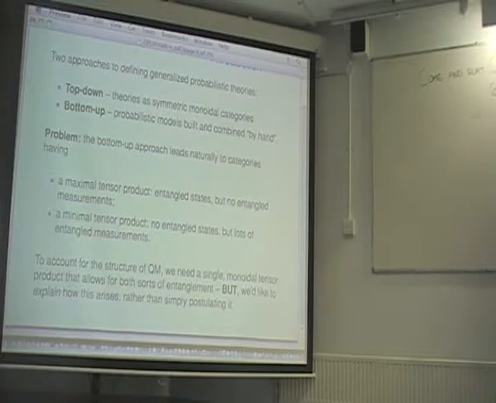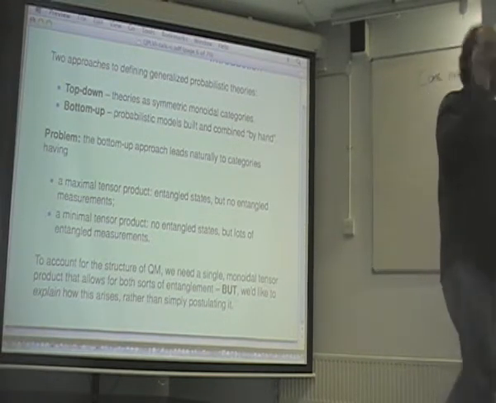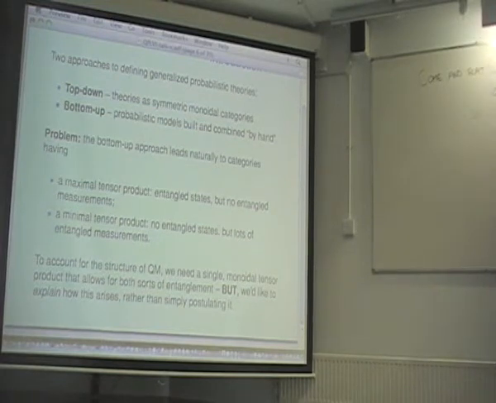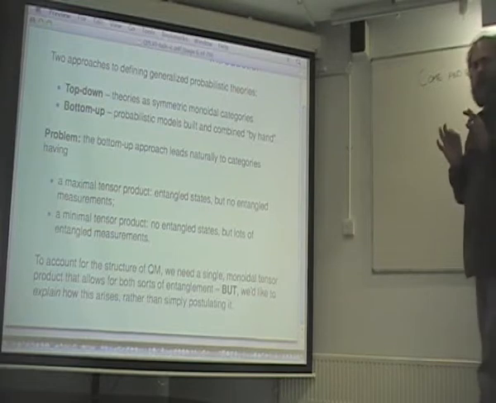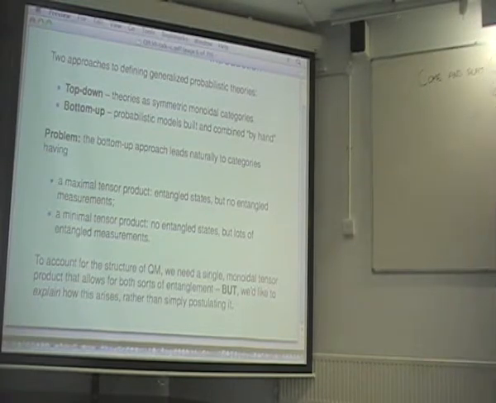But since the existence of such a single preferred canonical both state and measurement entanglement tensor product is one of the things about quantum mechanics that you would presumably like to explain, one would like, at least ideally, not to have to just postulate that. One would actually like to see that emerge from some construction. You'd like to know what that tensor product is, maybe from an operational point.